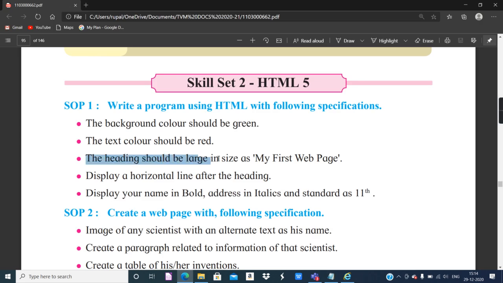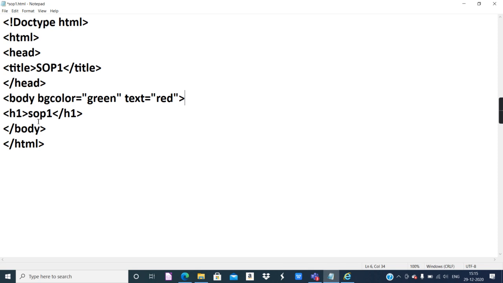Then the heading should be large in size. The largest heading we can give with the help of the H1 tag. There are 6 levels of heading, H1 to H6, and the size of the heading reduces from H1 to H6. And the text should be my first web page. So instead of this SOP1, I will put my first web page.